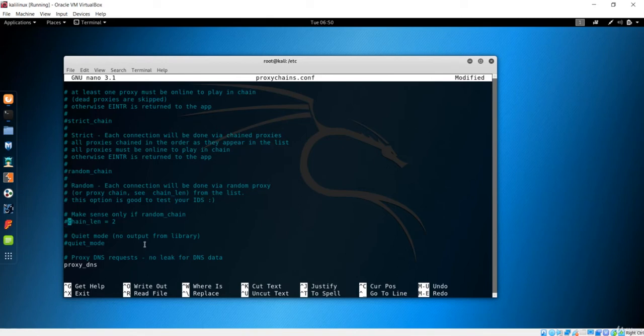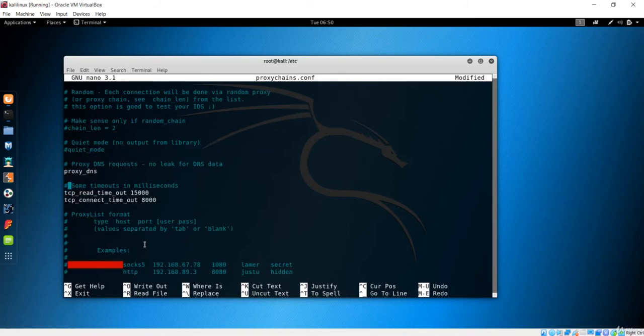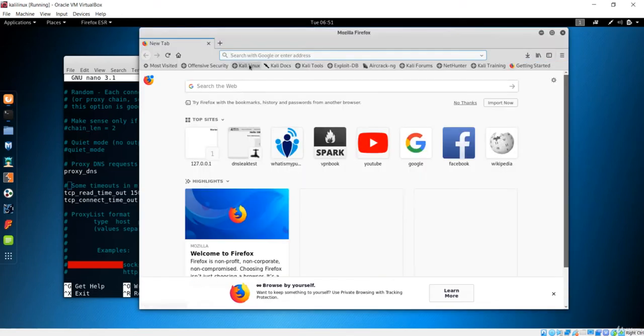You can see that chain length and quiet mode are not the important information. But the next one over here, proxy DNS request, no leak for DNS data, is very important. If you want there to be no DNS leak, then this should be uncommented. If you remember from the VPN section, our DNS was completely leaked.